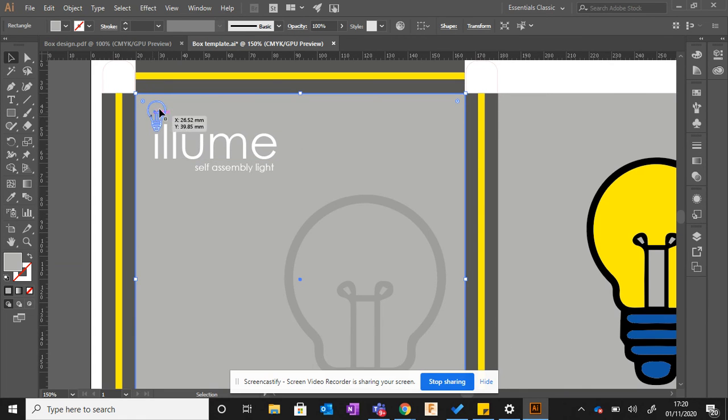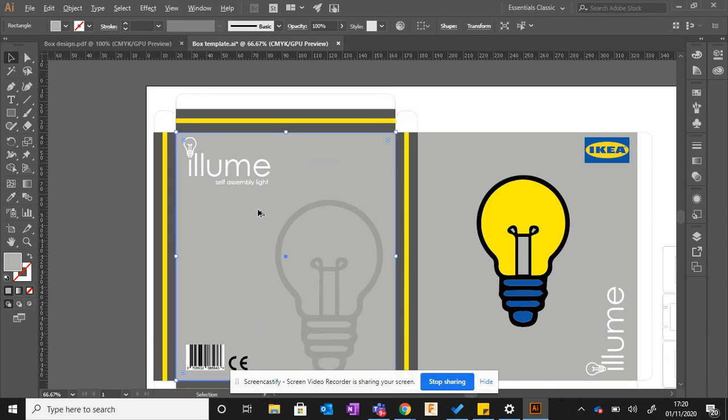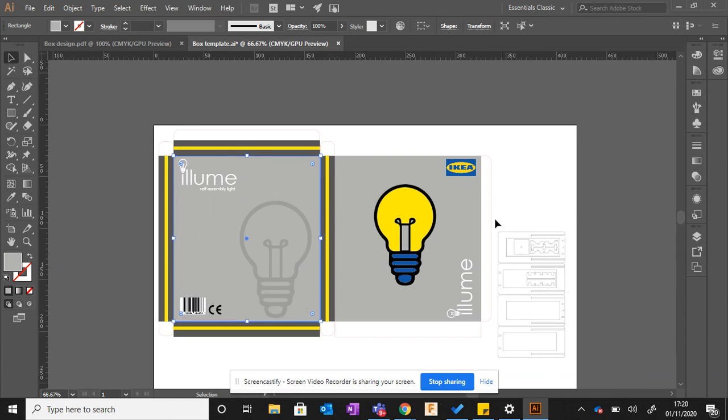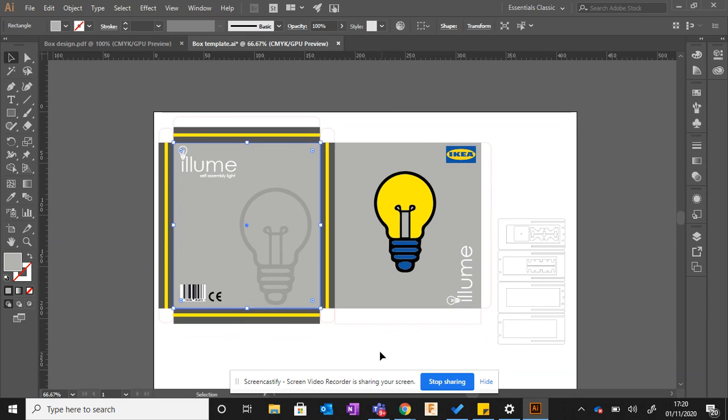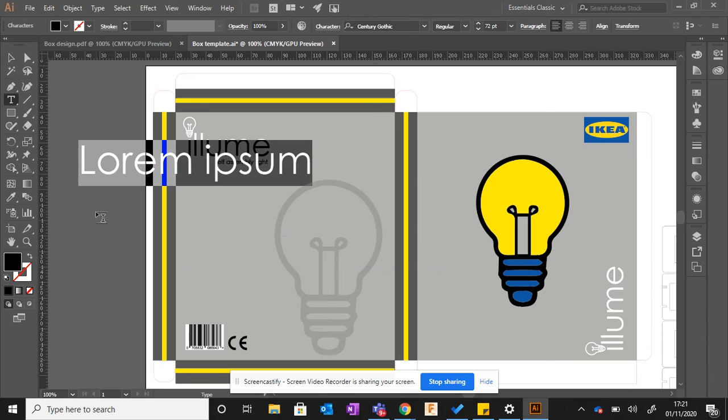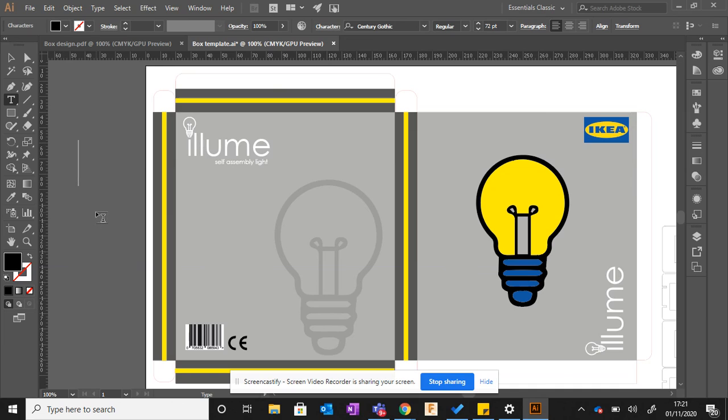And you can see that we've got the Illume, the light bulb, nice bit of font. Looks nice as a graphic for the product. And I'm going to get that, right click, and I'm going to group that together as well. So that is how we would put in the text. What you can also do if you wanted to put some more text here, so you can click it, and if I wanted to write, for example, in the box,